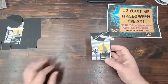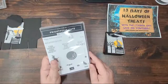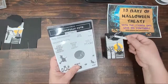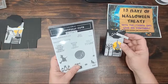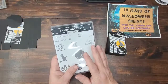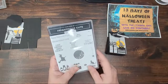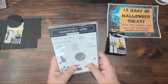All right, so we are using the Frightfully Cute Stamp and Die bundle this evening. I'm going to be using Happy Halloween to You for my sentiment piece. As you can see, I'm just stamping the Happy Halloween part, not the to you. So this is a way that you can get more use out of your stamps by being able to just take little snippets of things that you would like from a stamp. So for example, I could say